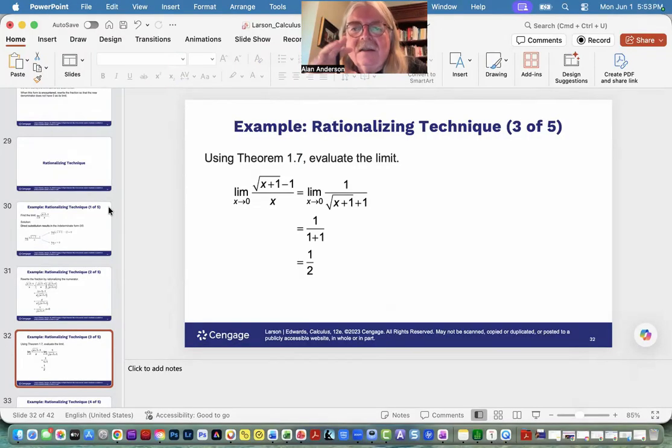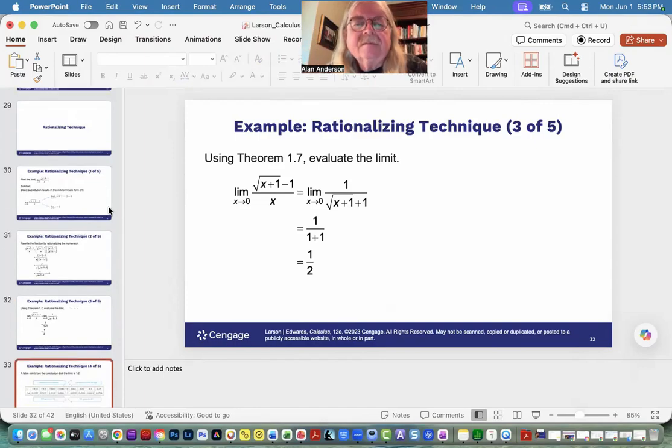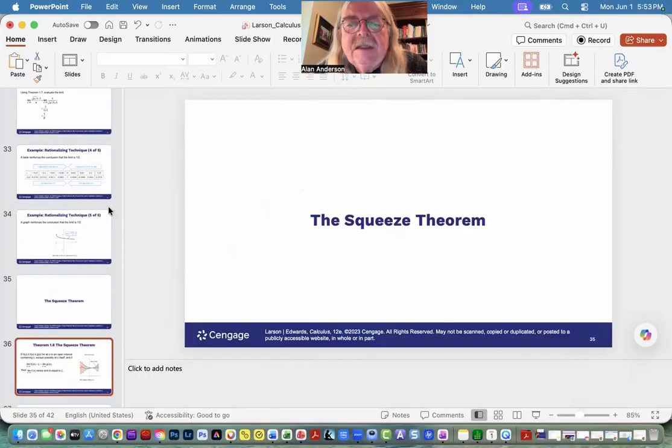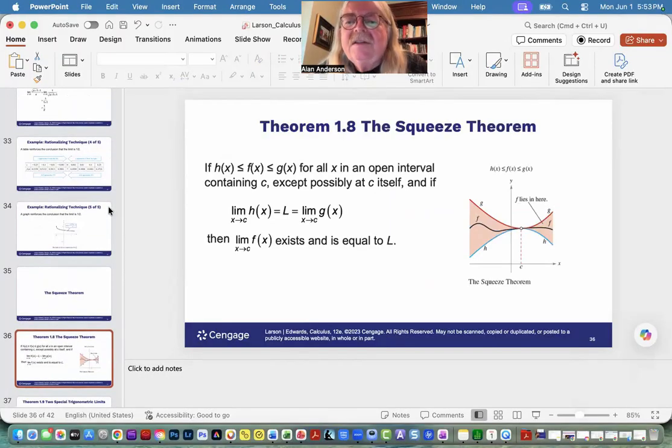So when you see something in the numerator or the denominator with square roots like that, that is going to be something you should consider as a possibility for solving for the limit. All right, and that's what it looks like. And you can see there is a hole there. So now the squeeze theorem,